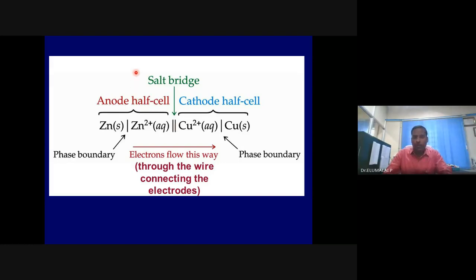So that's what I told. You can indicate flow of electron or you need not indicate the flow of electron. If anybody sees this cell notation, they will be able to know what is anode, what is cathode, what is the electrolyte, whether it is salt bridge or membrane. Not only here, anywhere, universally accepted. This is the cell notation. Even for lead acid battery, you can write such a cell notation. Even for metal hydride battery or fuel cell or any electrochemical cell or electrolytic cell, one can write such universal cell notations. You will be able to know what is anode, what is cathode, electrolyte, salt bridge, etc.